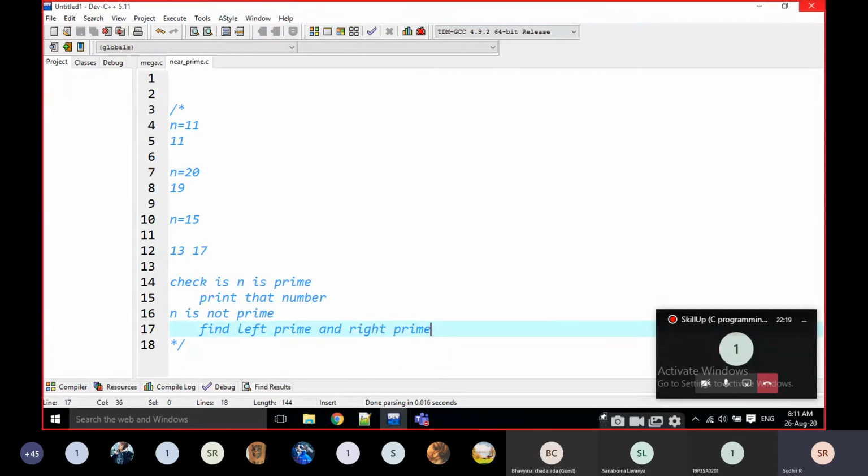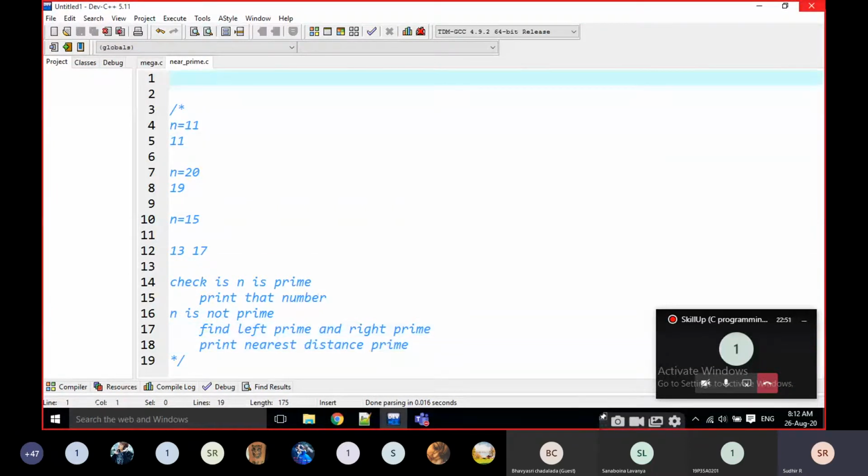This is the way I'm writing now. I'm going to find the left prime and right prime, and after that print the nearest distance prime. That's it. This is my plan for the program.